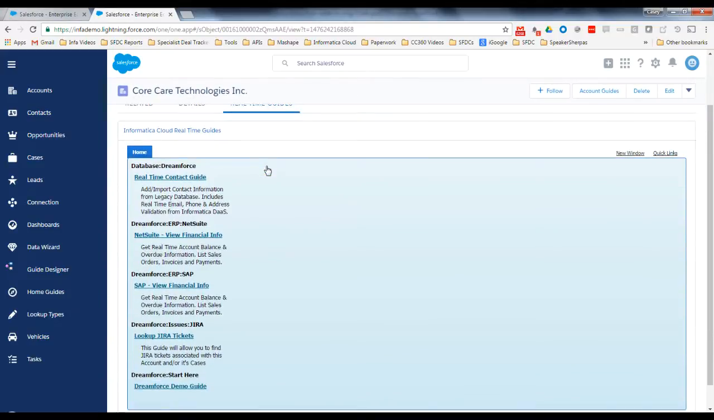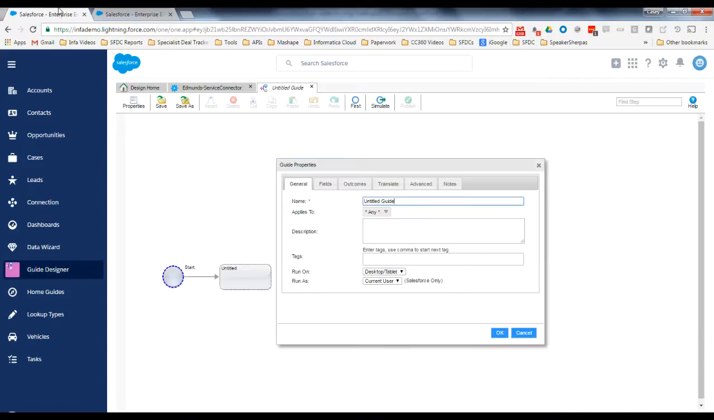So we're going to publish our process into this space, and we're going to do it with our guide designer, and we're going to go ahead and start here. We're going to give this process a name. We're going to call this one the Add Vehicle Guide, Call Center Guide, and this will be going to apply